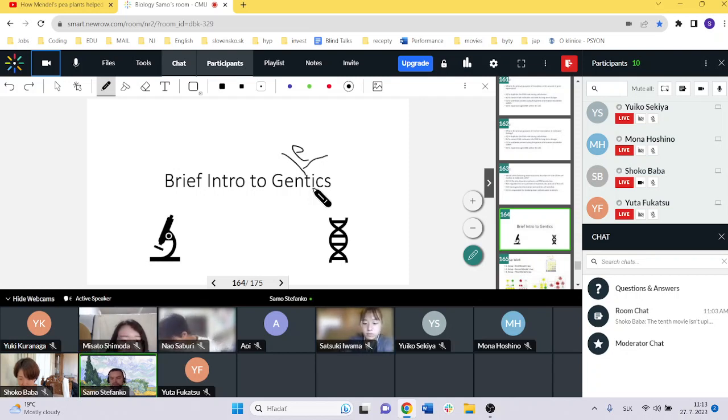I prepared something, so let me just present it, and there will be some important information you should note down because some of this information can also occur in the admission questions. So, a brief intro to genetics. People have long observed the inheritance of certain traits and used it for the breeding of plants and animals. However, the rules governing inheritance were not revealed until Johann Gregor Mendel did so in 1865 when he presented his